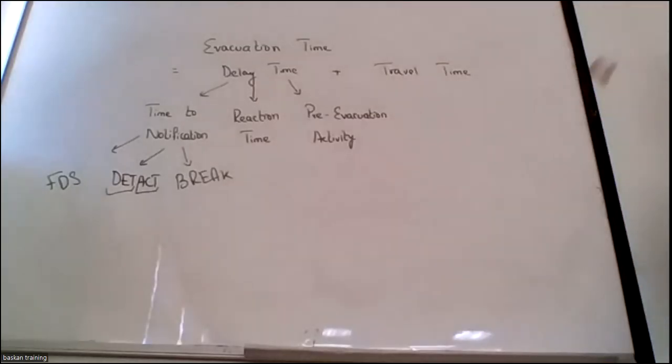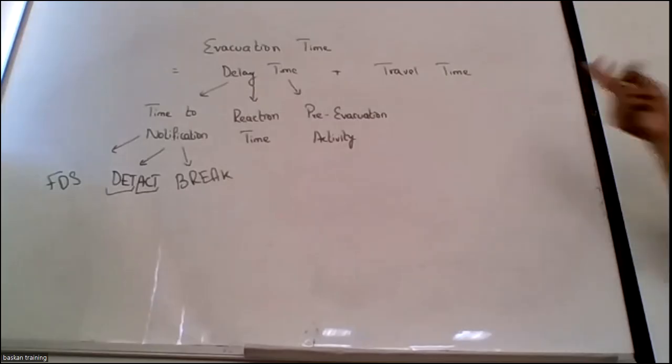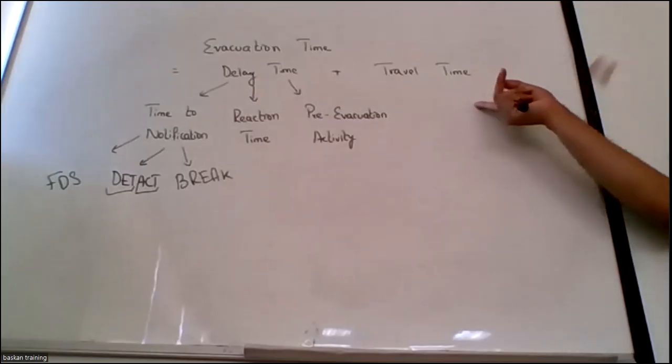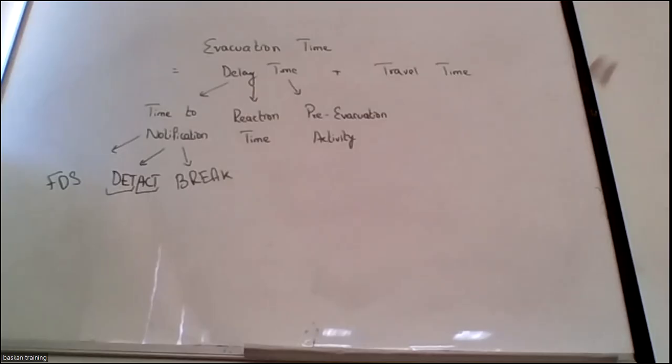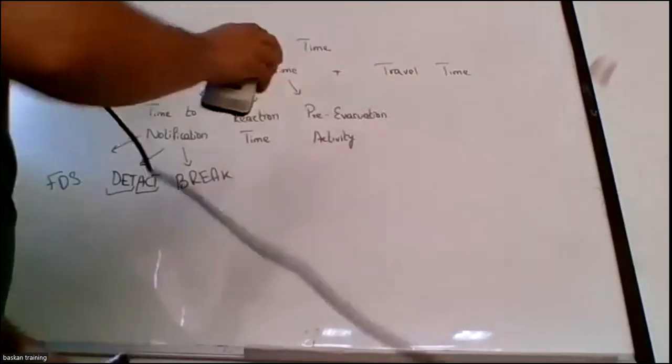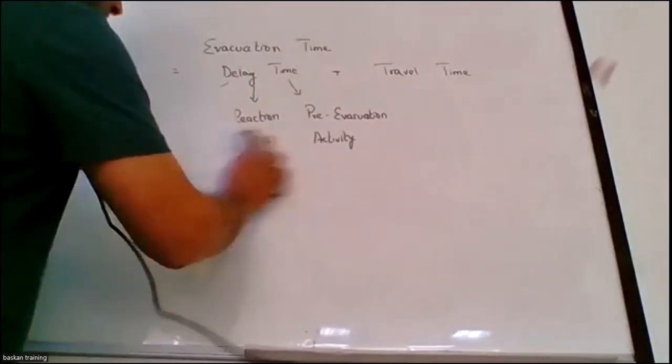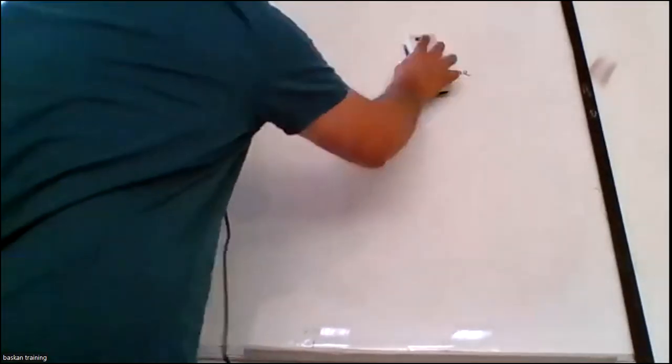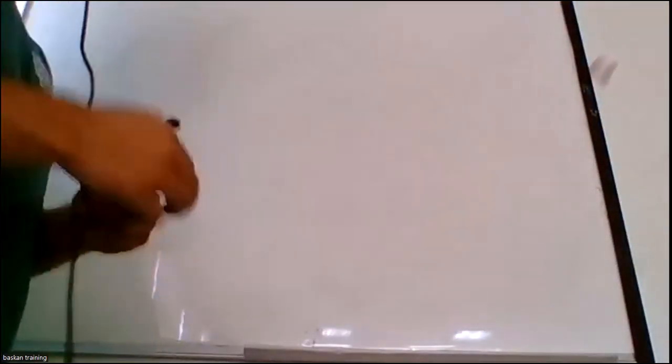Operation of doors could be another reason. So there are various reasons that can affect the travel time. I'm not saying travel time is equal to the required safety egress time. I'm just saying we can define required safety egress time by travel time, but it's not equal. There will be challenges in the travel time also. But travel time can be calculated up to a point where we can estimate how many people per second can evacuate.